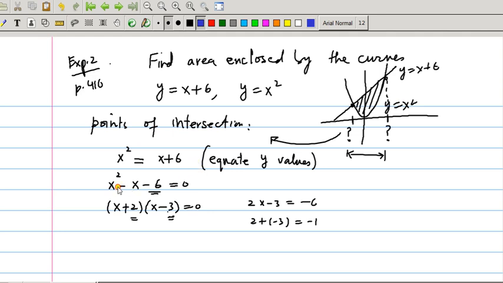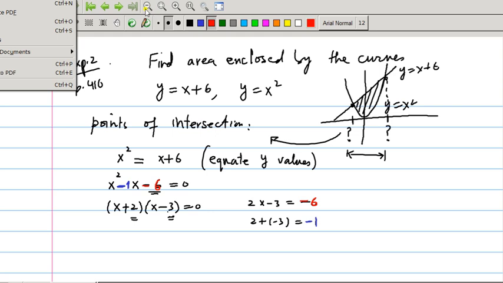So let me write this in blue. Minus 1, right? So this sum is minus 1. And let me check the red one. This minus 6 is the red one. So I need this minus 6 as the red one. Product should be minus 6. Sum should be minus 1. That's how we write the